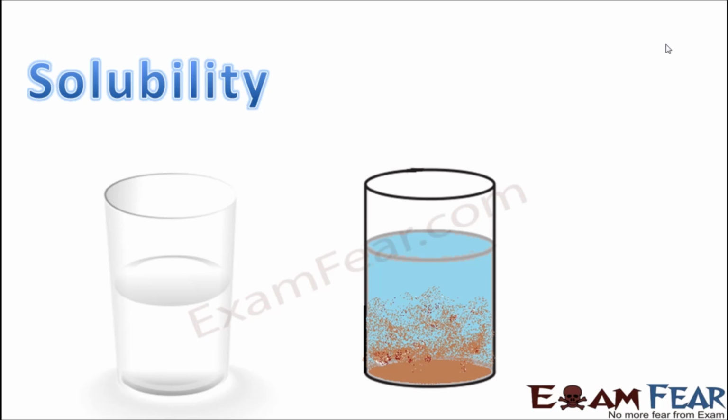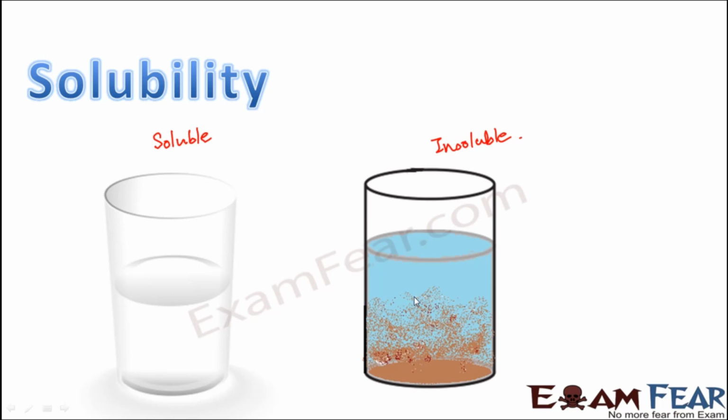Whereas if you take 2 teaspoons of sand and put it into water, what happens? It doesn't mix properly with water, so you are still able to see the sand particles inside water. So we say that sand is insoluble in water. So a soluble solution would look somewhat like this, and insoluble particles when put into water would look somewhat like this.